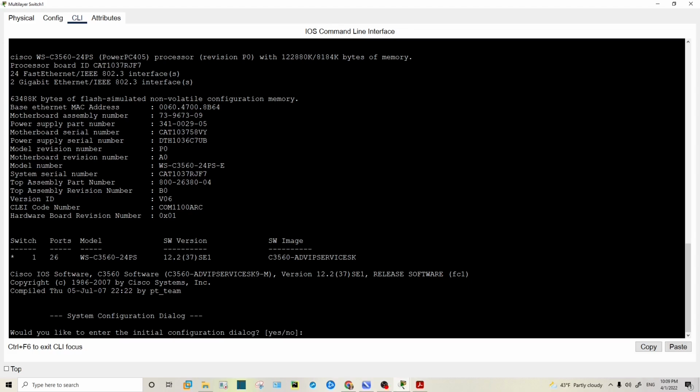Right now, my switch is asking me if I would like to enter the initial configuration dialog. This dialog will walk me through configuring my device. If I enter the initial configuration dialog, I will configure the host name, enable a password for my switch, configure the management interface, and configure SNMP. SNMP is a protocol meant to monitor my switch, but I don't want to do that right now. Here it gives me two options, yes or no. So I will put no right here, press enter